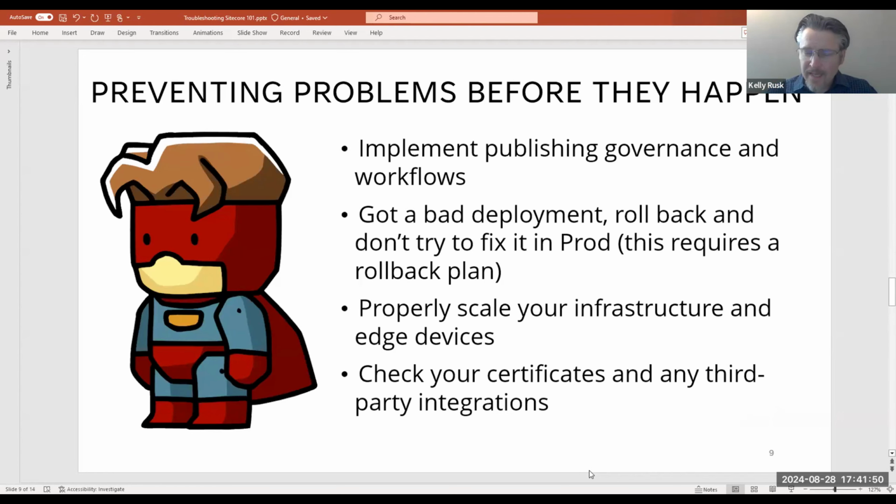Next up, can't emphasize enough, implement publishing governance and workflows. Don't allow your content authors to all be able to publish a site. Because somebody publishes a site and you've got a lot of load there and maybe things that shouldn't be published. And this gets into liability. You could have some dangerous aspects here for your legal team. If you publish content that is not cleared by legal, that was supposed to be cleared by legal, and someone went around the publishing governance, or you didn't establish publishing governance, your organization or your client's organization can now be liable